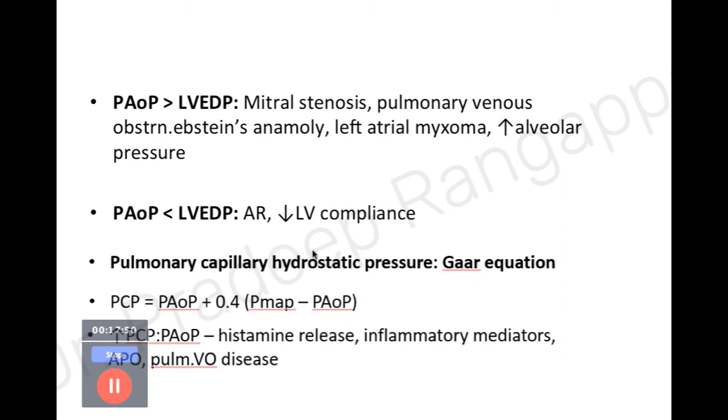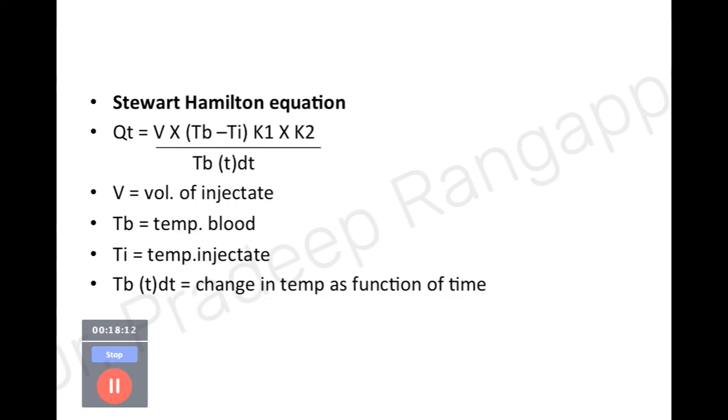We wouldn't expect you to remember all this to the T, because we seldom use these equations in our regular practice. But it is good to know how pulmonary capillary pressure is derived, because for ascertaining pulmonary capillary pressure, you need to know pulmonary artery occlusive pressure. And obviously by using the PA catheter, we calculate cardiac output, and I have done this in the previous cardiac output talk. You can refer to that talk where I have dwelt into details about how we derive various variables with the PA catheter. We use something called the Stewart-Hamilton equation to derive cardiac output.